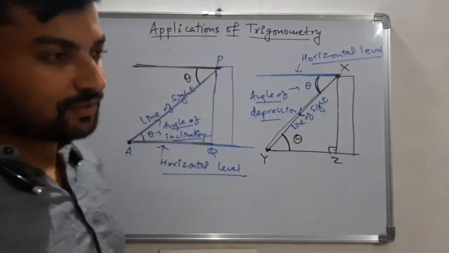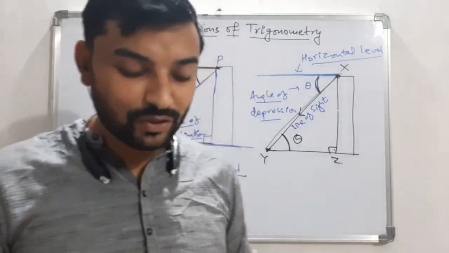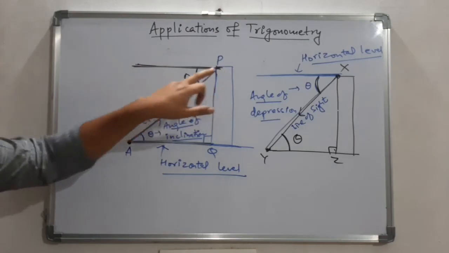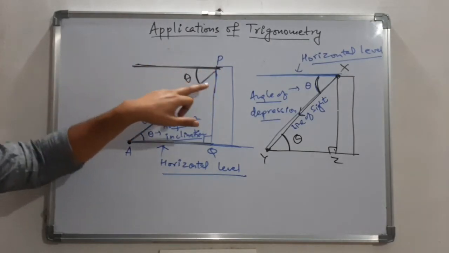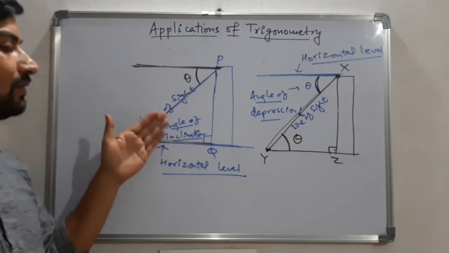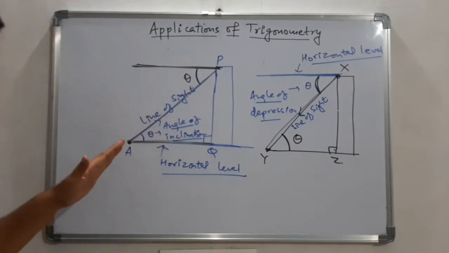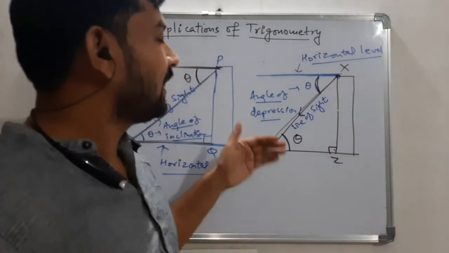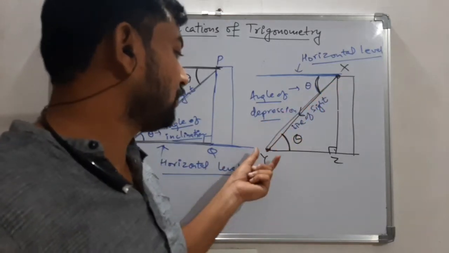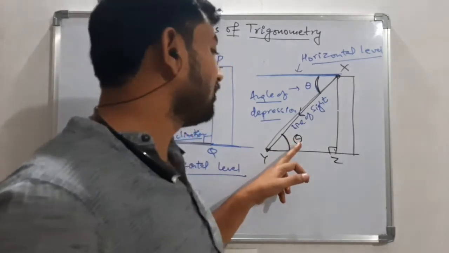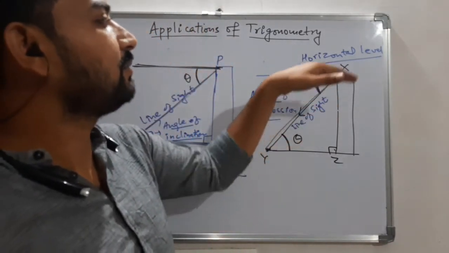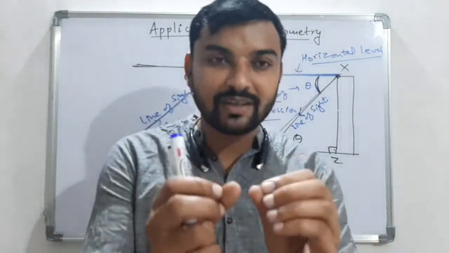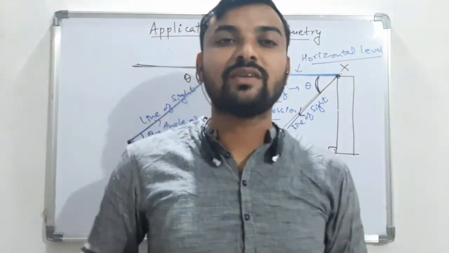So whenever we will be discussing the questions based on the applications of trigonometry, we will use both the situations. Once when we are observing from the top, we will be having the angle of depression, and that will be equal to the angle at the ground by using the alternate angle property. When the lines are parallel, this line of sight will work as the transversal, and when the observation is from the ground point, this angle will be the angle of inclination, which will be equal to the angle in between the topmost level and the line of sight. So these are the basic concepts related to height and distance which we will use in the solution of questions.